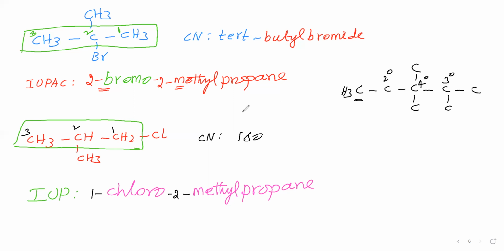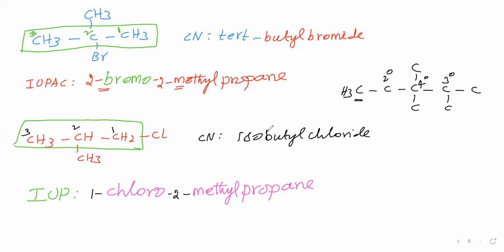So where can we use this iso word? The second carbon must have two methyl groups, that is one point. Then the halogen must be attached to a primary carbon. Then only we can use iso. Totally 4 carbon atoms are there, therefore butyl. The Cl is called chloride. Now you see that the second carbon is having two methyl groups and the halogen is attached to a primary carbon. Therefore, we are saying isobutyl.